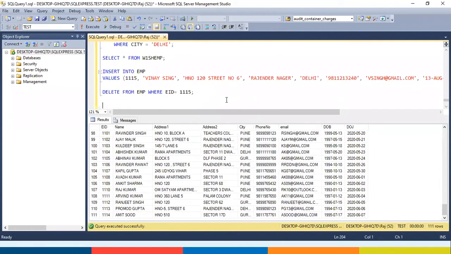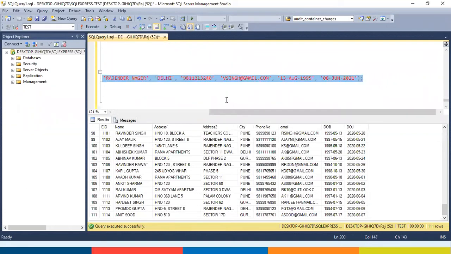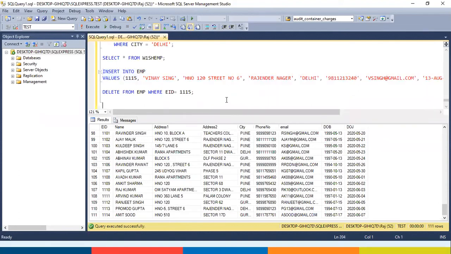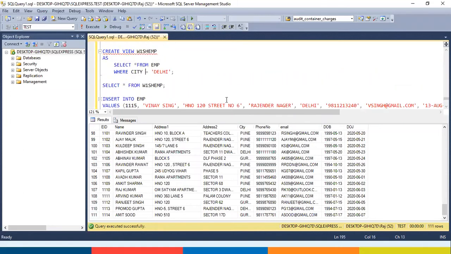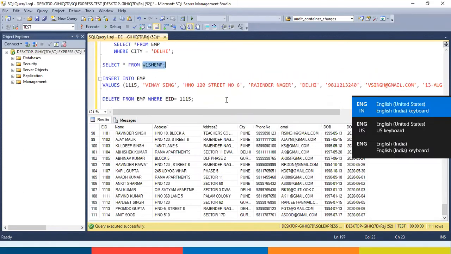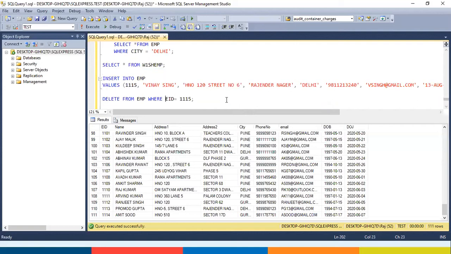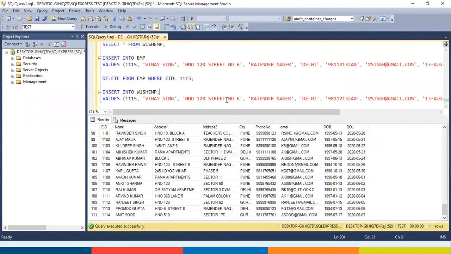Now, as I told you, views are majorly used to retrieve the data. However, they can also be used for data manipulation, that is insertion, updation, and deletion. So let us try to insert a record using a view. Let me take this, and what is the name of the view? Insert into the name of the view, that is SHEMP values, and I have specified the values over here.